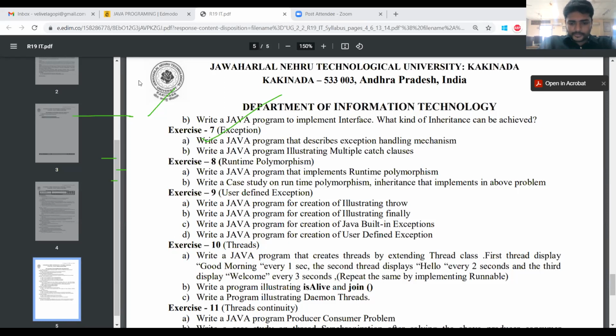So let us make some modifications here. SBI rate is S dot irate. ICICI Bank, I dot irate. For Axis Bank, A dot irate.